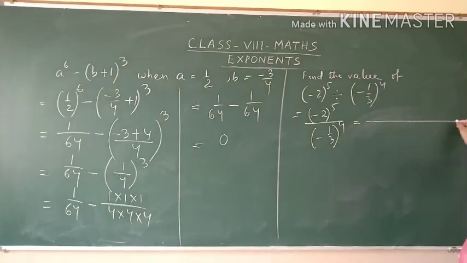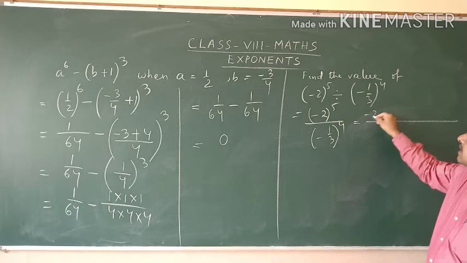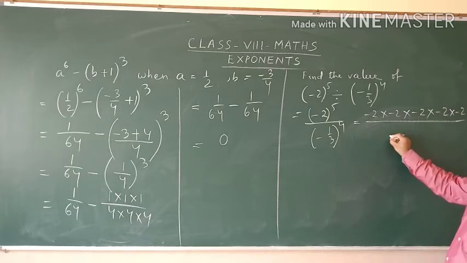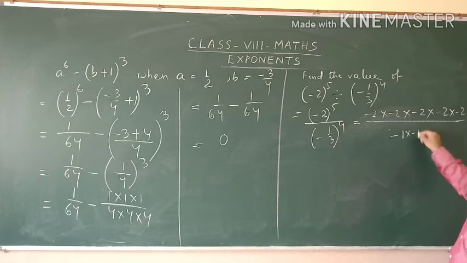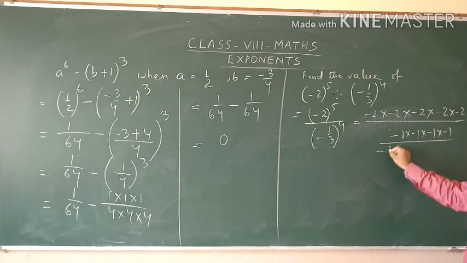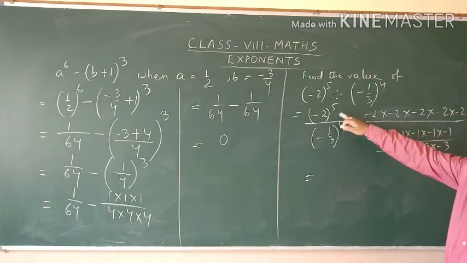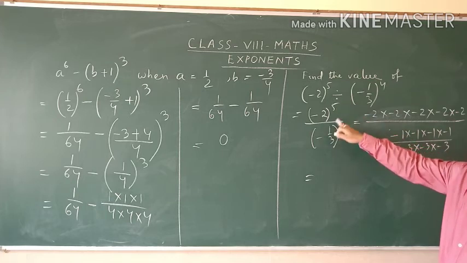And here again you can write minus 2 to the power 5 like this: minus 2 into minus 2 into minus 2 into minus 2, 1, 2, 3, 4, into minus 2, 1 more, 1, 2, 3, 4, 5, 5 times. And again here minus 1, we can write here minus 1, how many times? 4 times. Minus 1 into minus 1 into minus 1 upon minus 3 into minus 3 into minus 3 into minus 3. You see here the power is an odd number, so the answer will come